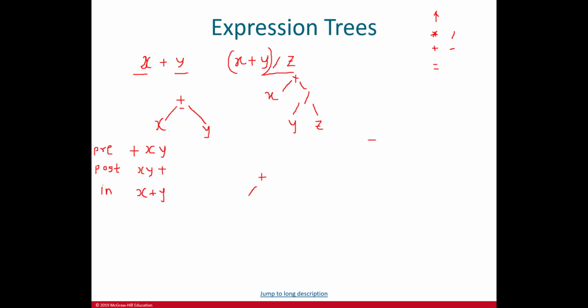Before the division I need to add xy, so I will add xy, and then I will have this addition and z. In between this addition and z I have a division symbol. So you can see that even if the infix expression remains same, depending upon how we are putting brackets, the expression trees are changing. So in case of infix expression, this is the thing we need to take into consideration,